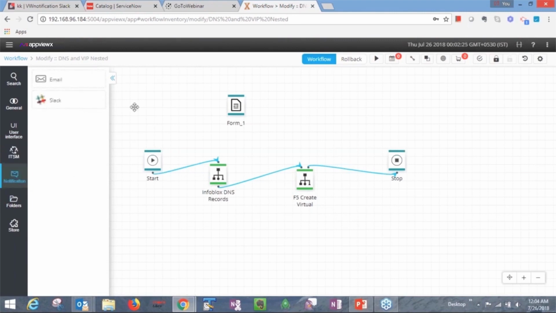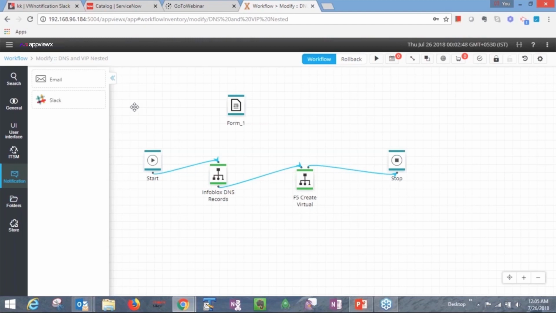And at some point, as part of the automation, there is a need to intimate teams and individuals, and you can either have dynamic or static email notifications triggered off to one or more recipients, or if the organization has Slack as a collaboration tool, you can have Slack messages.